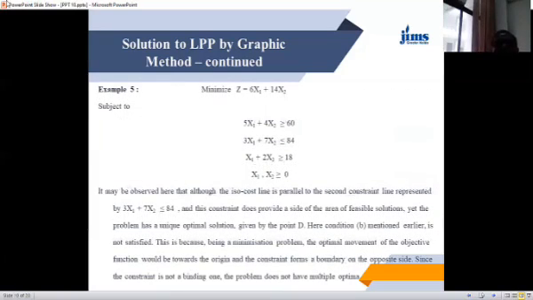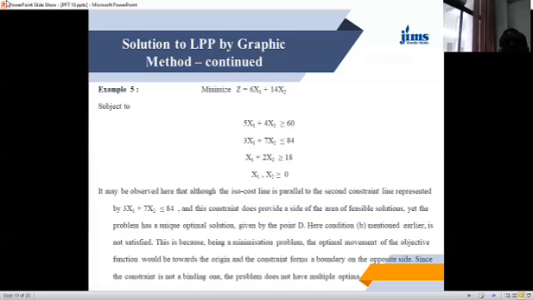Now, in the next problem, we are going to discuss a case where there are two kinds of constraints. Till now, we have seen that it is either less than type or greater than type. In the same problem, we did not have two kinds of constraints. Now, we are going to discuss a problem in which there will be simultaneously greater than type and less than type, both kinds of inequality. So let us consider a problem.